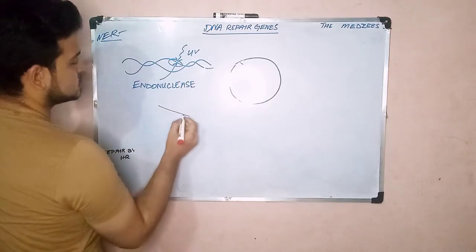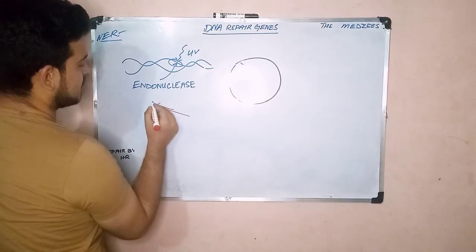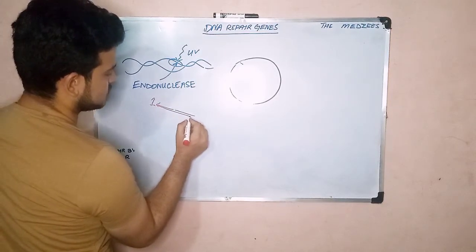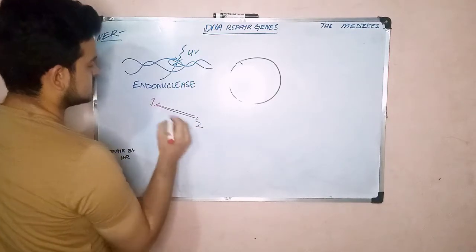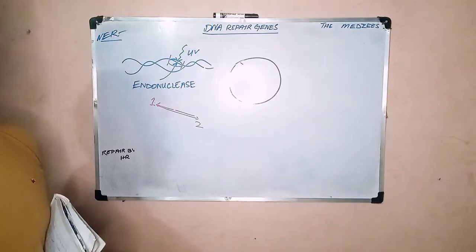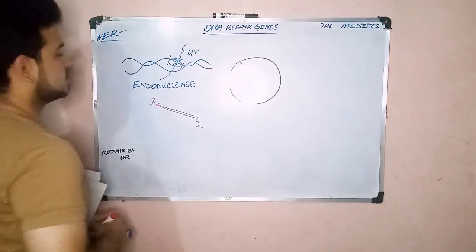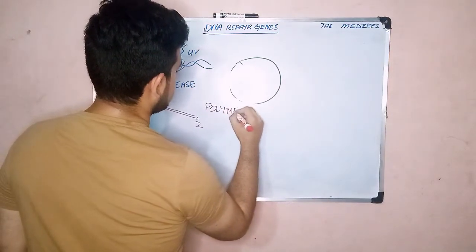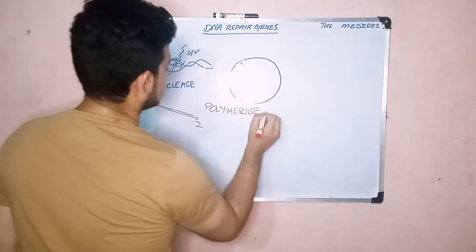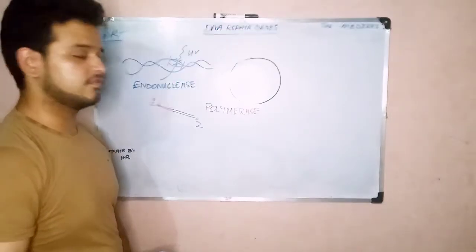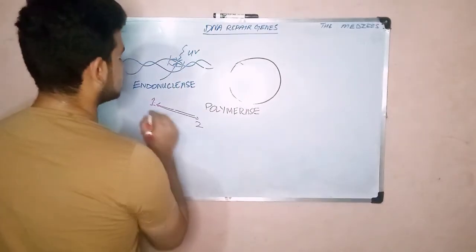Let me magnify it here. How does it do that? So it travels a little here and produces one nick, nick number one, and then it travels a little here as well and produces nick number two. So there are two nicks. After the production of these nicks, these cuts, it's going to call your polymerase enzyme, and this enzyme is going to construct your DNA here, newly, and then it's also going to proofread it, and after that, when this whole part is reconstructed and repaired,